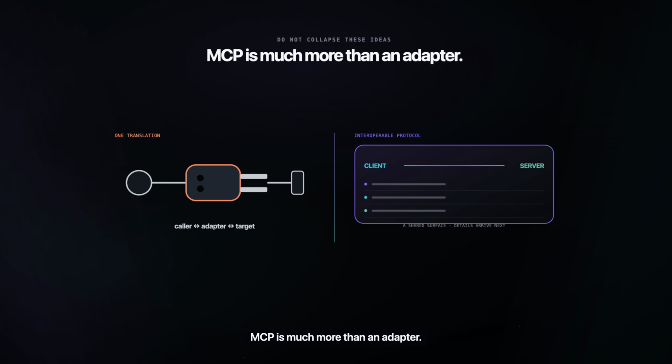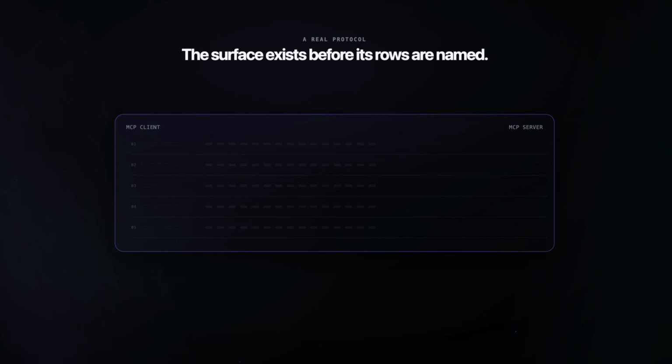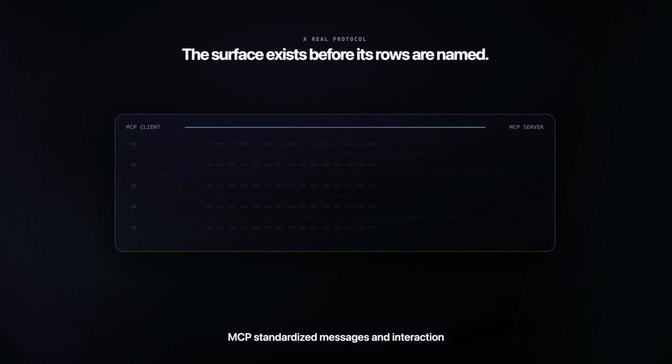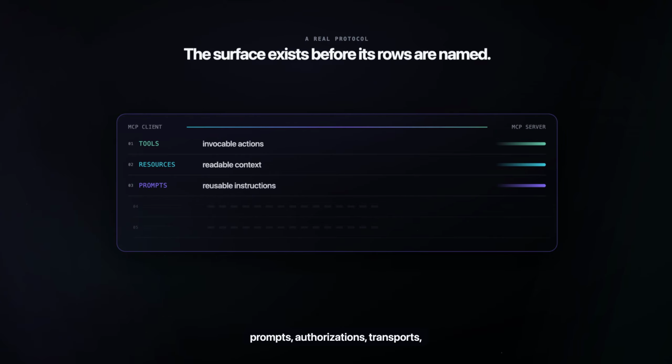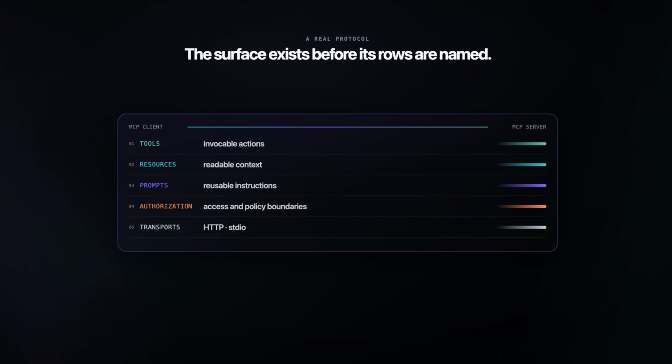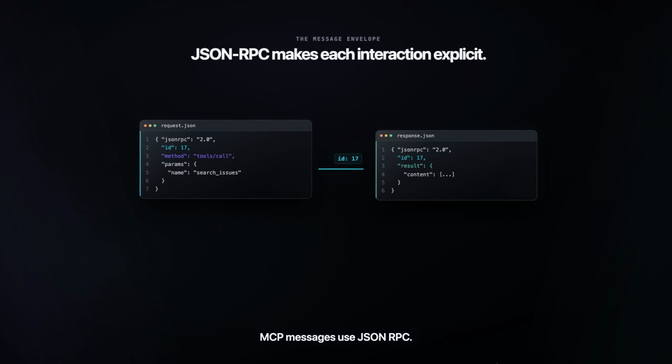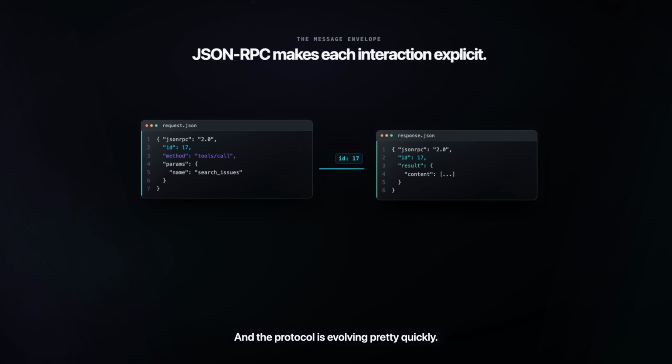But there's one important thing I don't want you to take away from this video. MCP is much more than an adapter. It's a real protocol. MCP standardizes messages and interaction between clients and servers. And its specification covers things like tools, resources, prompts, authorization, transports, and other protocol behavior. MCP messages use JSON-RPC, and the protocol is evolving pretty quickly.